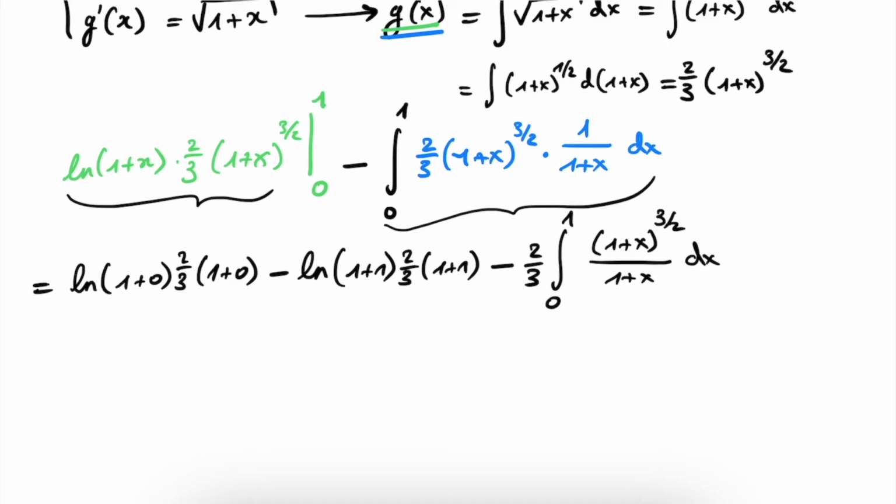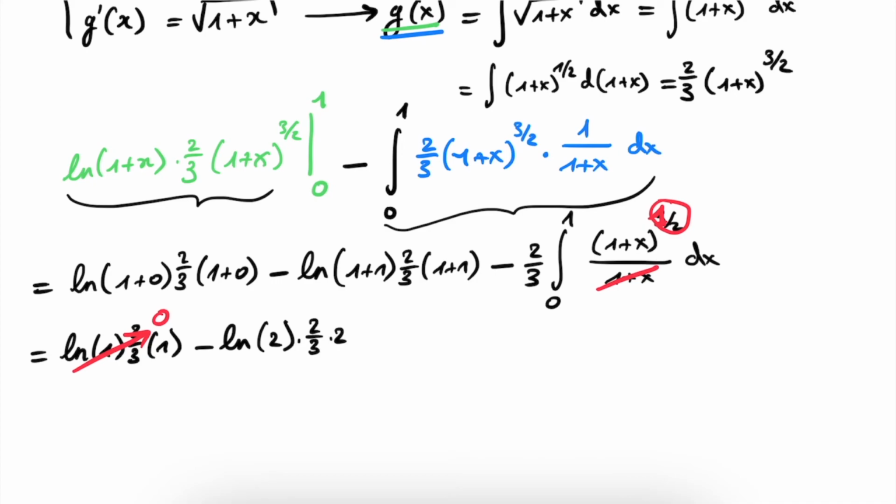Because we see that we have (1 plus x) to the power of 3 halves divided by 1 plus x, which can be rewritten by lowering this power of the numerator by 1, because we divide by 1 power of 1 plus x. So this can be cancelled and this 3 becomes a 1. So we get the logarithm of 1 times 2 over 3 times 1, which we know is 0 because the logarithm of 1 is 0, minus the logarithm of 2 times 2 over 3 times 2, minus this integral,